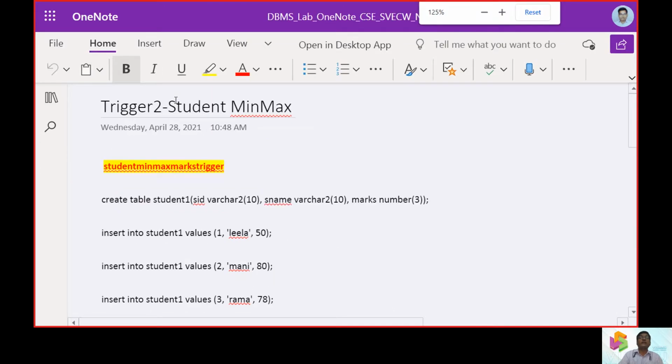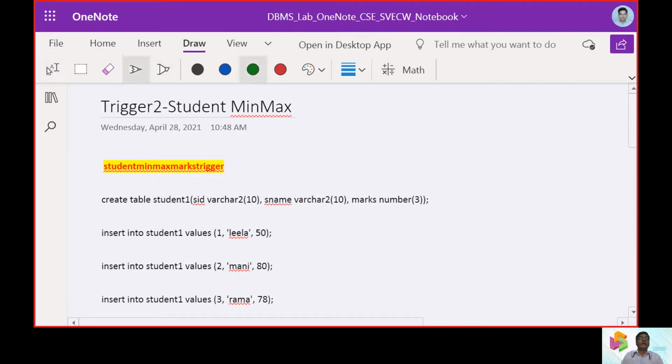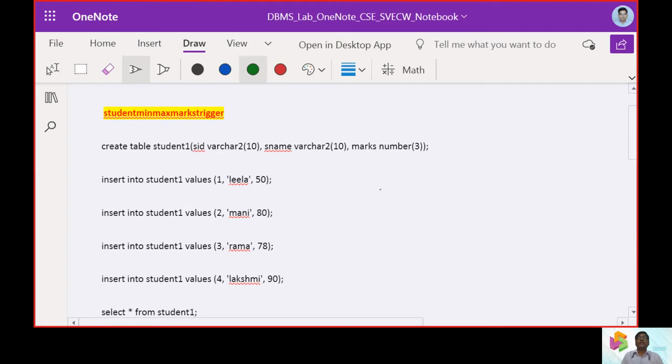For this, we look towards creation and insertion. We will use a create table, student one. Then we will take identifier one as student ID, identifier two as student name, and marks as the third identifier.